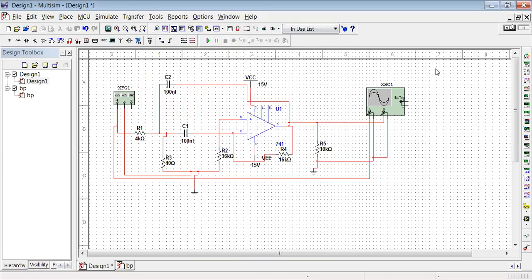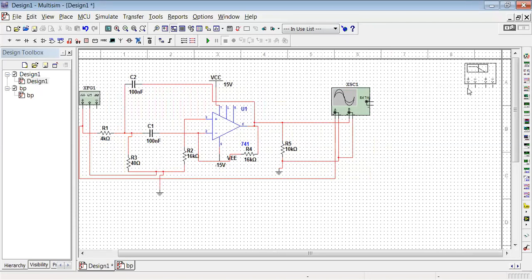Now we are going to connect the Bode plotter also for observing the frequency response. Here you need to select the Bode plotter. Select the Bode plotter, drag it. Here we have one for the input channel and another for the output. Connect input to the input where we connected the input, and the negative is grounded. This negative is also grounded, and the output terminal is connected to pin number 6. Now this is the circuit we connected using the op-amp as well as the basic components.